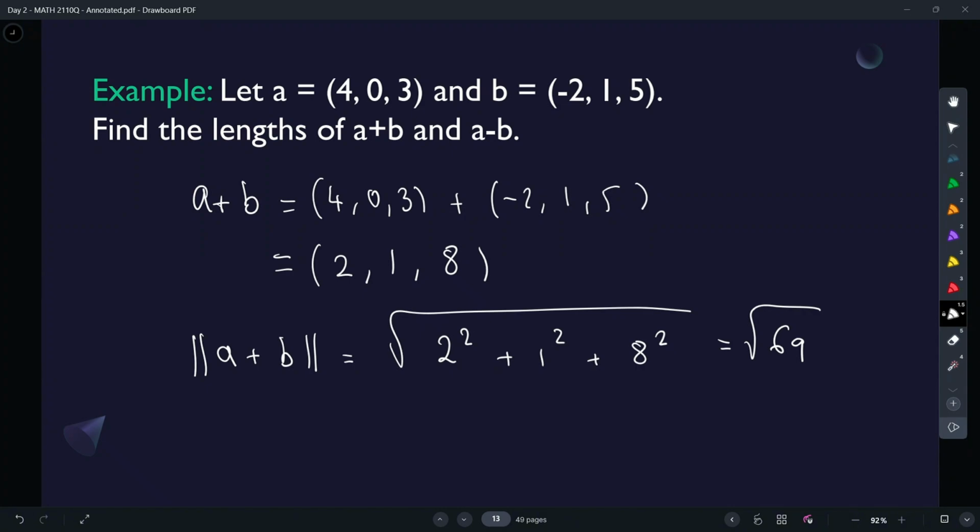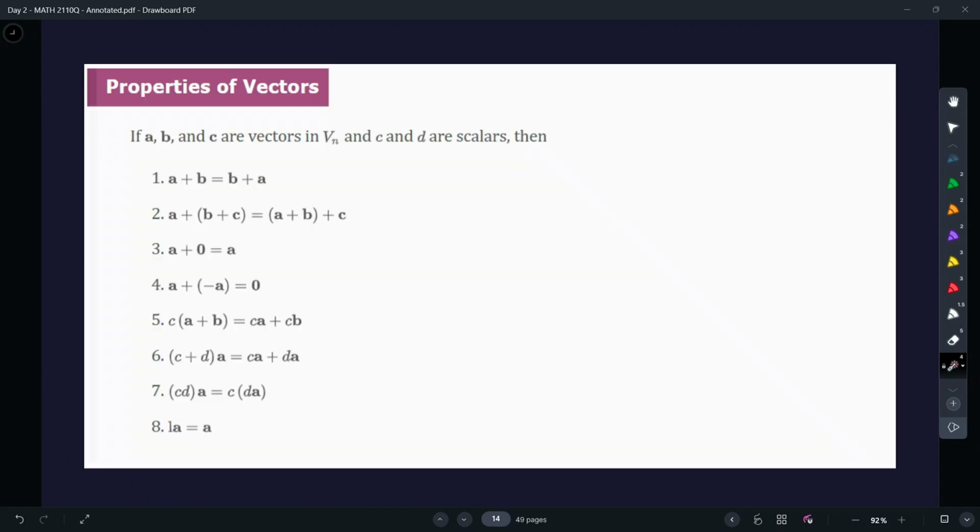Okay, and you can do yourself a minus b, see what the length is for that vector. There's all sorts of properties, algebraic properties that vectors satisfy. I don't think we're going to get into much of this here, but for those that are in linear algebra, when you go into linear algebra, you start from vectors, from this idea of vectors of length and magnitude, or direction and magnitude,